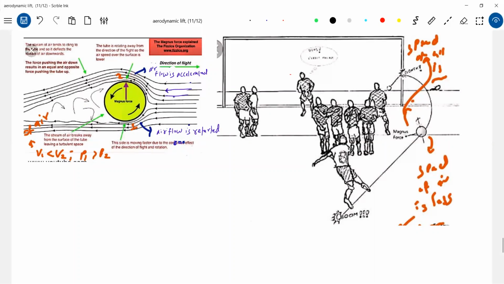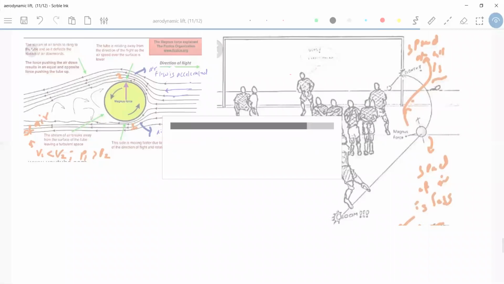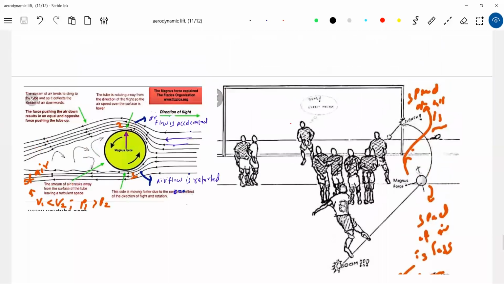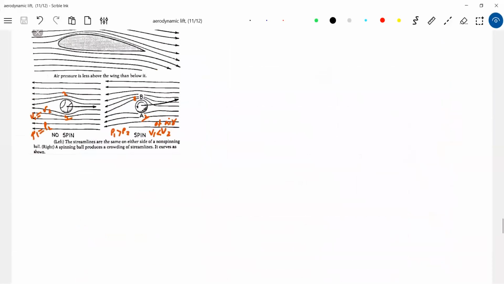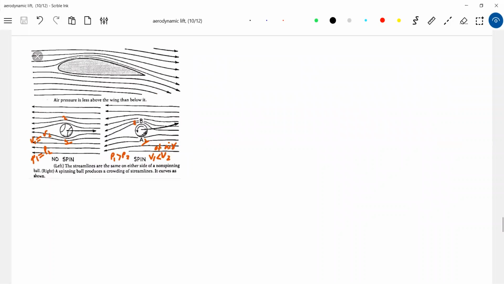So the similar thing. Let's come to this one. This will be much easier for you. There's a ball which is just rushing with a speed v, no spin. Then what happened? The air which was flowing here with the same speed will flow here. How much it was retarded here, that much it will have the same retardation here. Of course, I will not say no retardation. So what is the pressure at both the points?